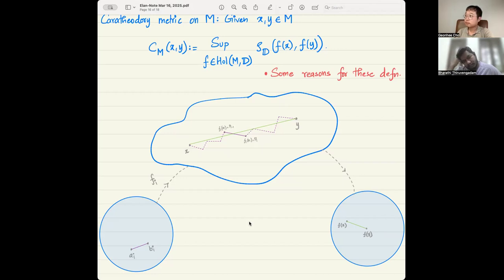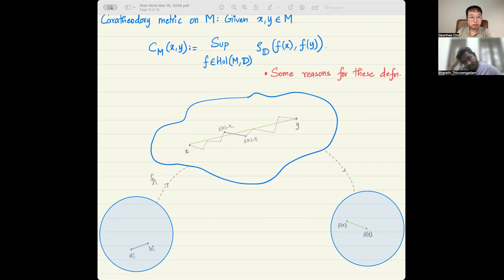Surprising or funny enough that while defining Kobayashi, we define it as an infimum over something, and for the characteristic distance we define it as a supremum over something. We might expect that the characteristic is greater than or equal to the Kobayashi, but it happens the other way. The Kobayashi is less than or equal to the characteristic all the time. That's the thing.